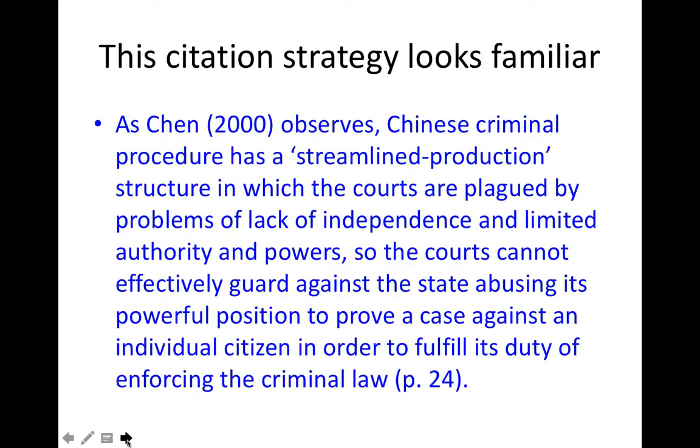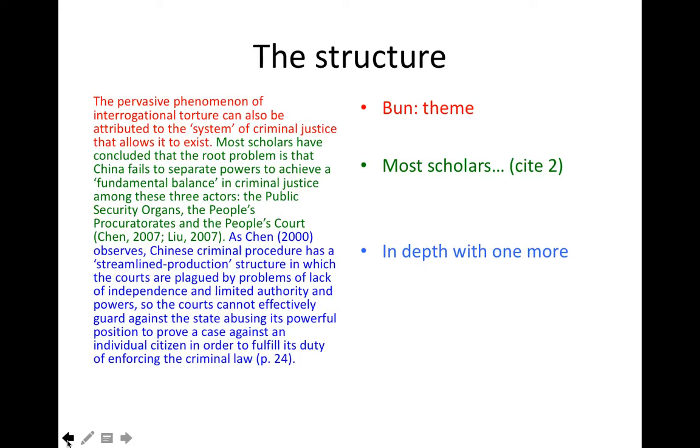with a specific source. Okay, so just note this as one possible kind of paragraph construction that will be of use for you in this essay. I would imagine that most of you are going to wind up with a paragraph that looks like this at some point in your paper. So that